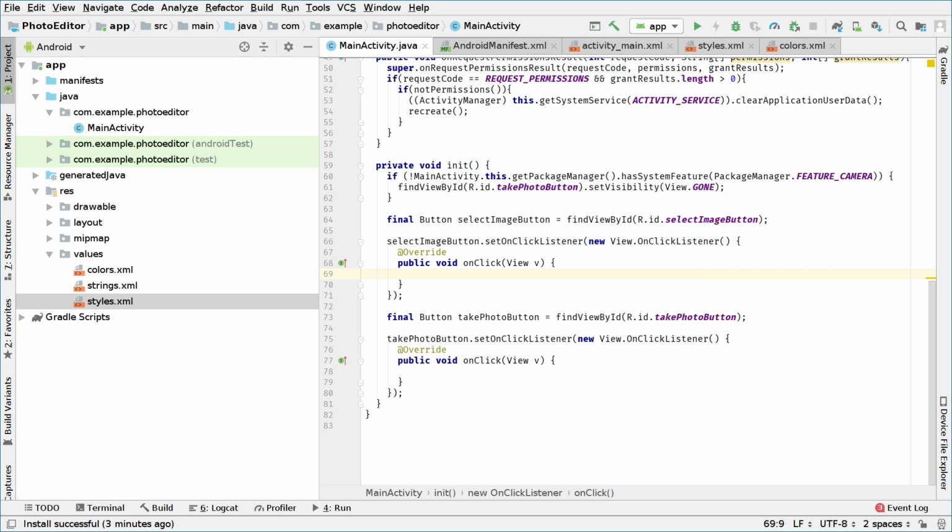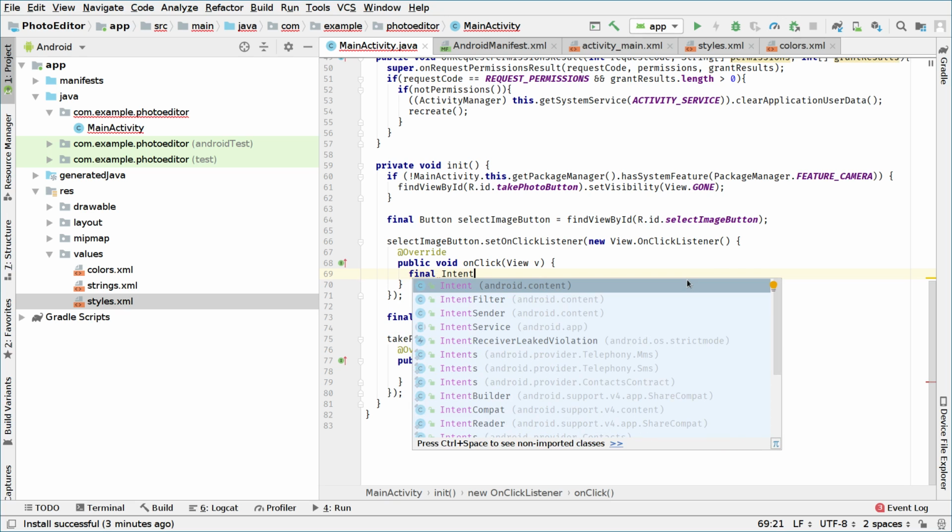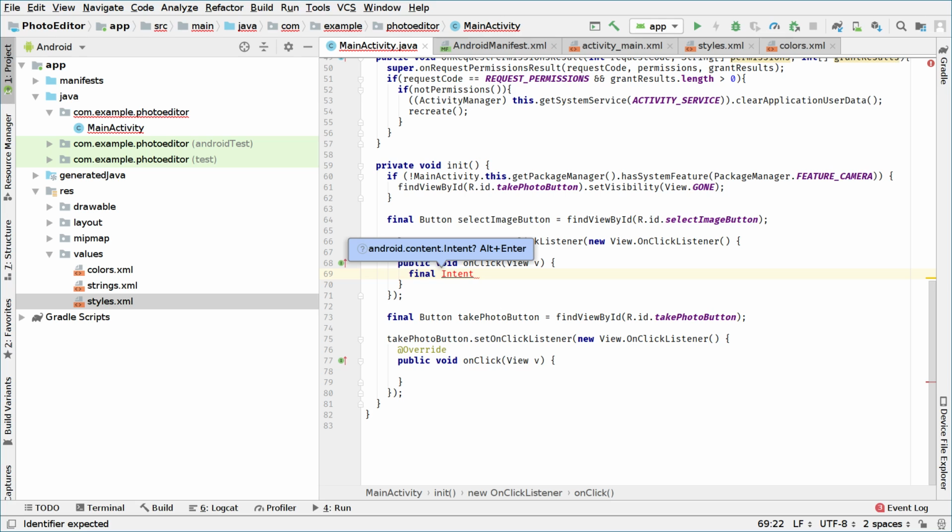So right now we will be focused inside the on-click listener of the select image button. Basically, when the select image button is clicked, we want to enable the user to select an image that is stored on the device, right? To do that, we will create an intent. So say final Intent, and don't forget to import the Intent class. I will call it intent, okay? And I'll set this to new Intent,